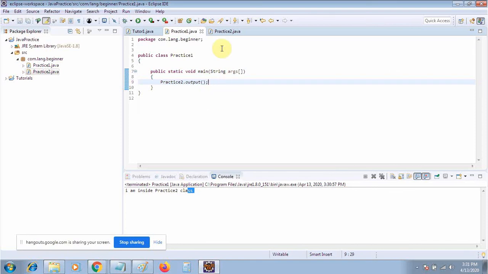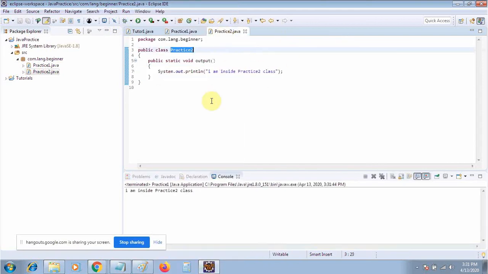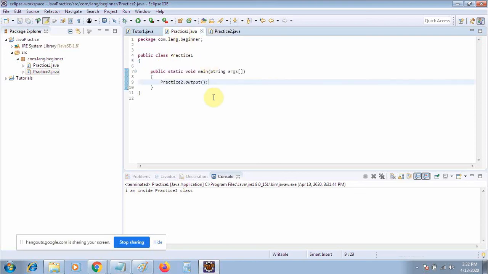Okay. And also suppose that I have some static variable, then I can also access this one. Suppose that I have static int x is equal to 10. So I can also directly access it from here, like the value of x is practice dot x.